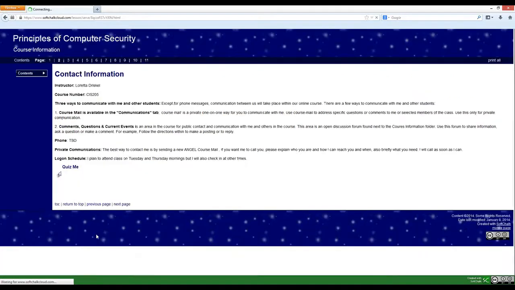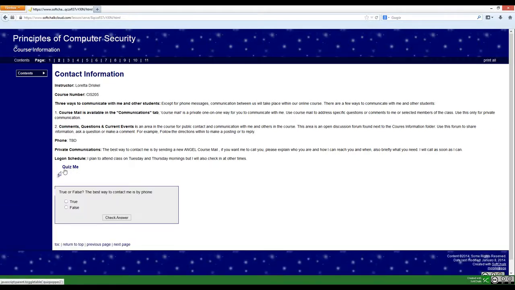Okay, continuing on, the next page will load here. Now we see the instructor's contact information, basic information there, very important to include, but we also see an explanation of the different modes of communication in the course, the different ways that students can communicate with the instructor. And again, we have a Quiz Me self-check, which when we click on this one, tests students on the best